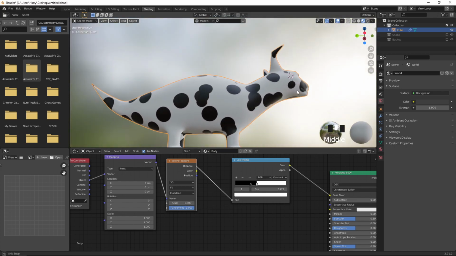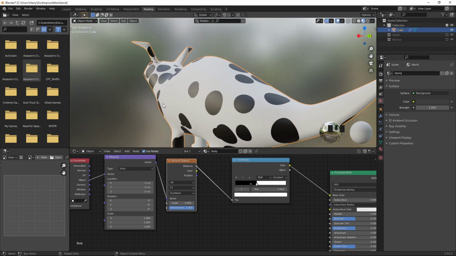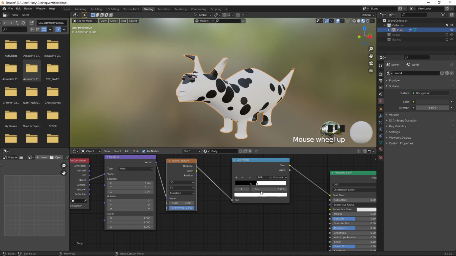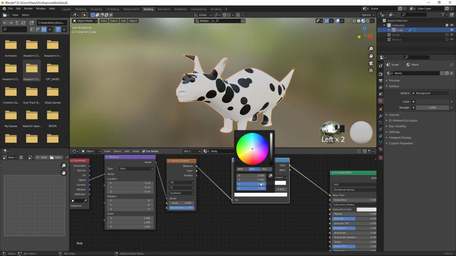Okay, this looks better compared to the other one. Now what I'm going to do is change this body color to some other color. Let me make it orange.